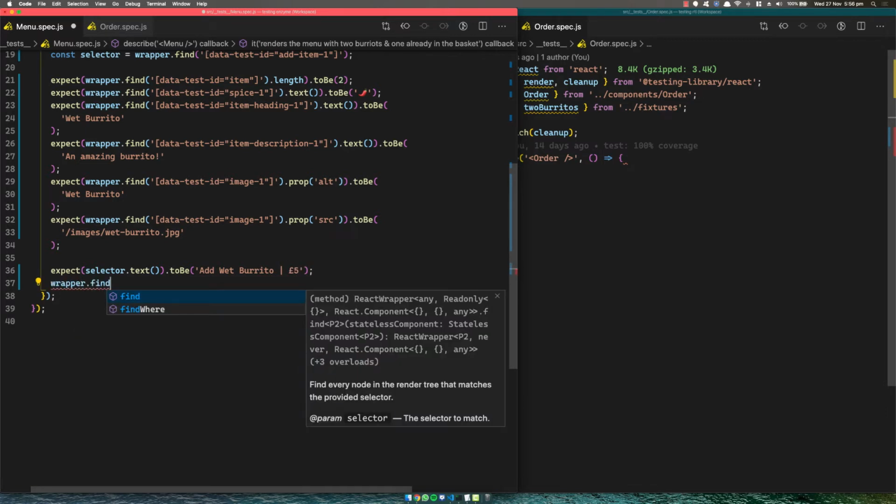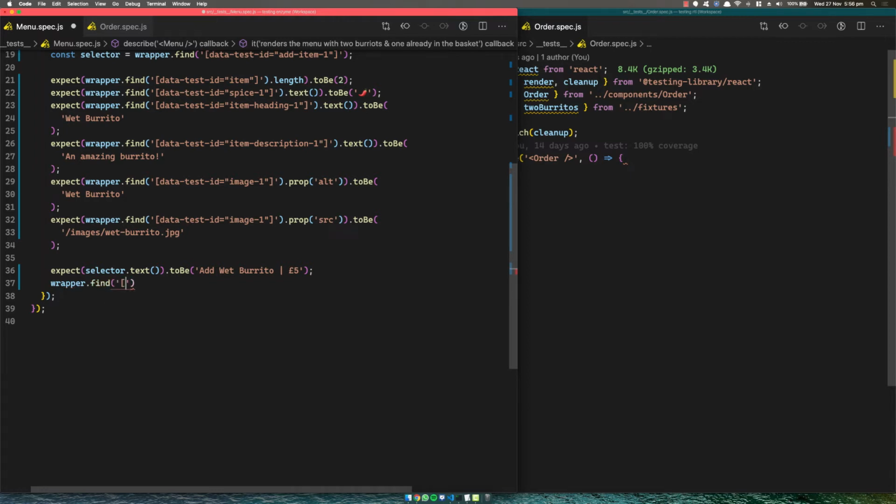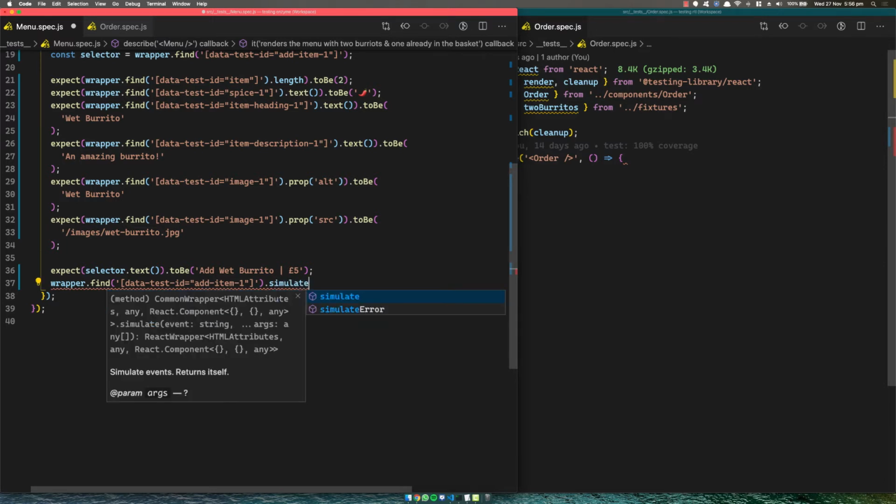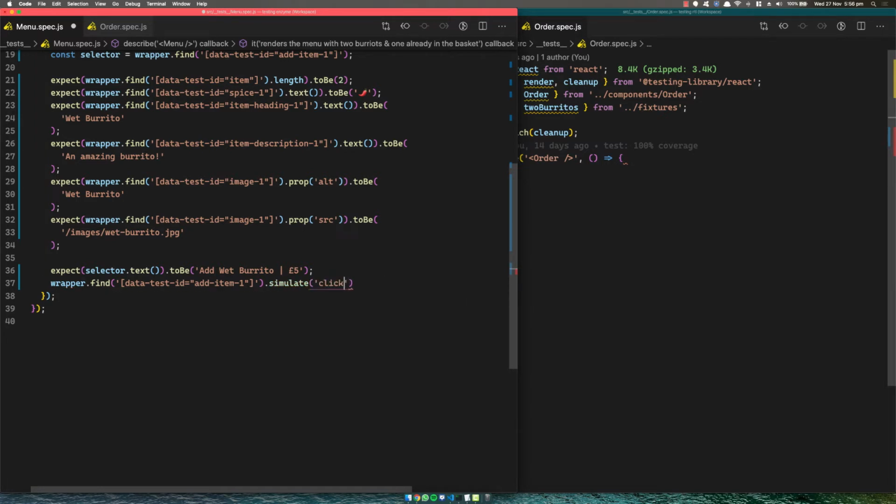So we'll do wrapper.find and we'll do brackets data test ID equals add item 1, and we want to be able to simulate some sort of click on the button so that we can test from our perspective and the user's perspective, even though this is what we're going to be focusing more on with React testing library as opposed to Enzyme. But we want to do a click, so we're going to simulate a click, and once that click has been simulated, we want to test that the add item 1, so the button text for example, has changed to remove